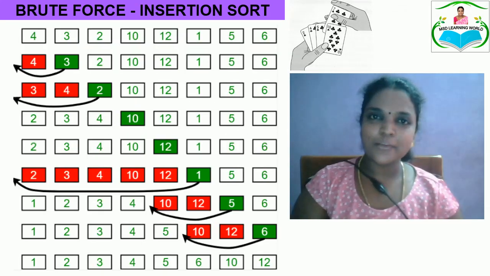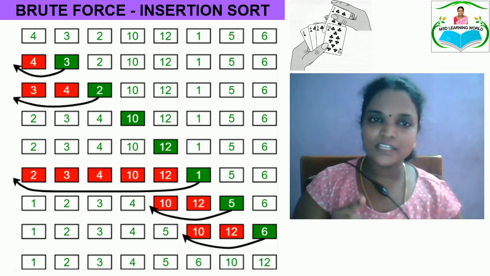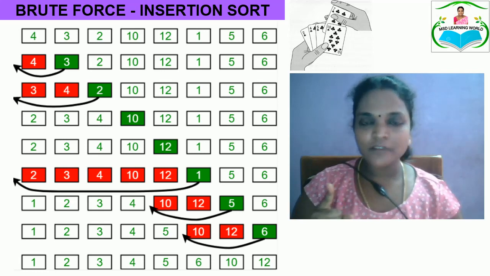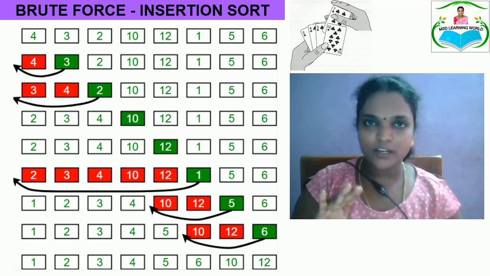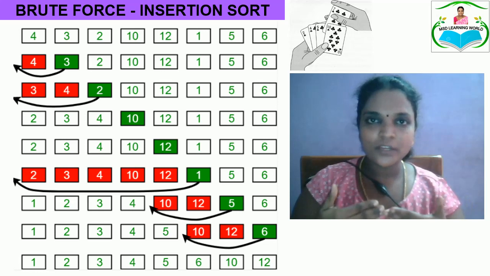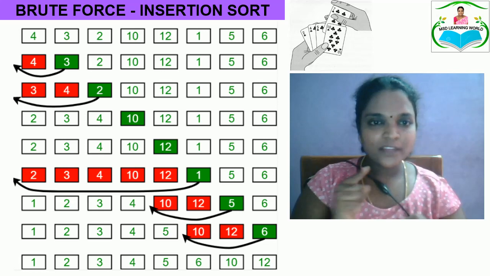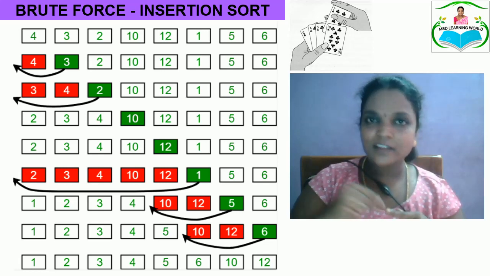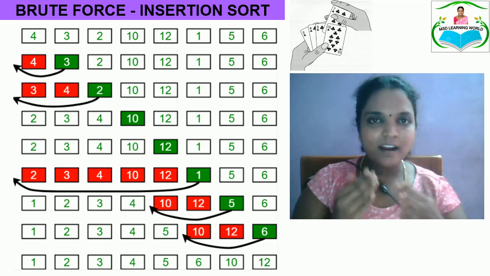Now let us see an example of how the insertion sort is done using a list of elements. So here comes the example. The array elements are 4, 3, 2, 10, 12, 1, 5, 6. Initially we assume that all these elements are not sorted. Assume that you have all these 8 cards in your hand. The red color is assumed to be the sorted part. The color specified green is the card that we are taking out. Initially 4 is taken and it is placed as a card which is sorted.